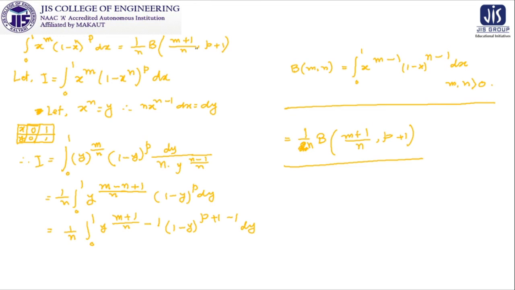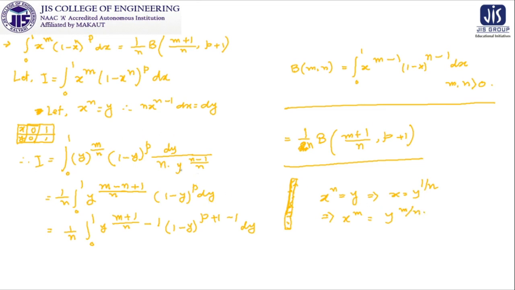So initially, by looking at a problem like this, we think it is a very difficult or big problem. It is not a big problem, it is a small problem. And what I was emphasizing is that you can reach this particular destination only when you make the conversion of x and y perfectly. So please think: x to the power n is equal to y means x is equal to y to the power 1 by n. This implies x to the power m is y to the power m by n. That is why it is y to the power m by n.